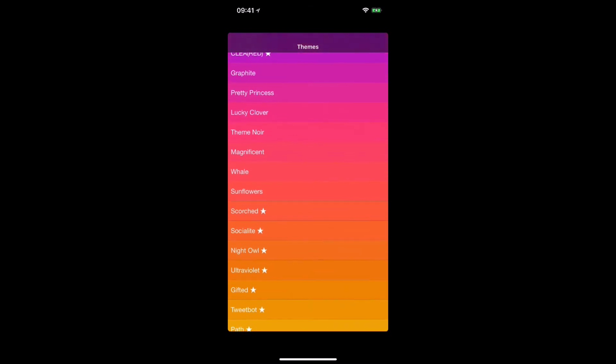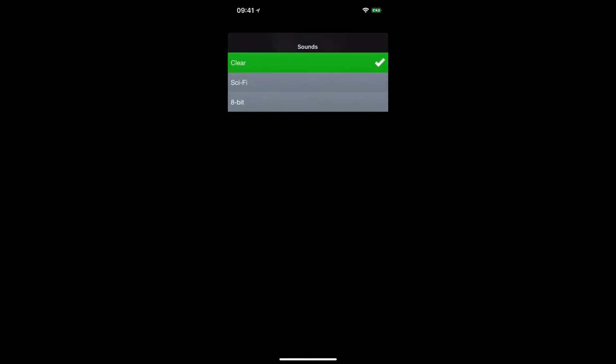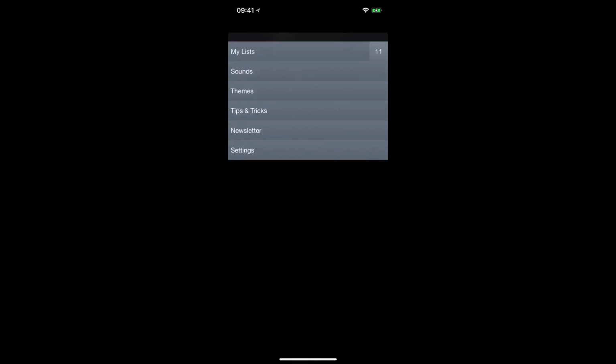And of course the sounds. The Clear app comes with 3 sound packs, 2 of which you can purchase as an in-app purchase. The first is Clear, which is the default sound pack, the second is sci-fi, and the third is 8-bit. So I'm gonna go with sci-fi. I'm going to walk you through the sounds. So I'm going to select sci-fi and I go back to my list,